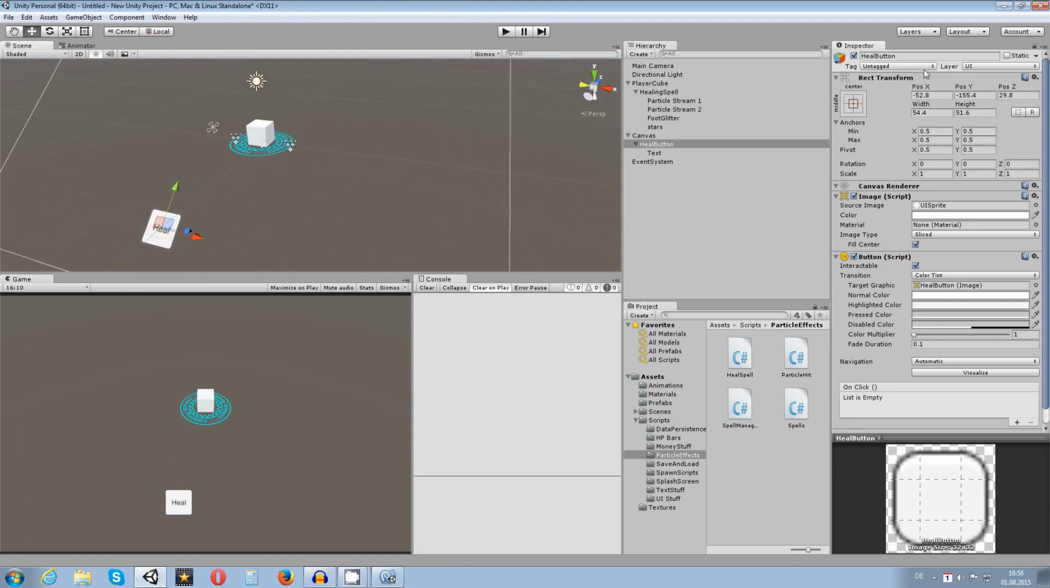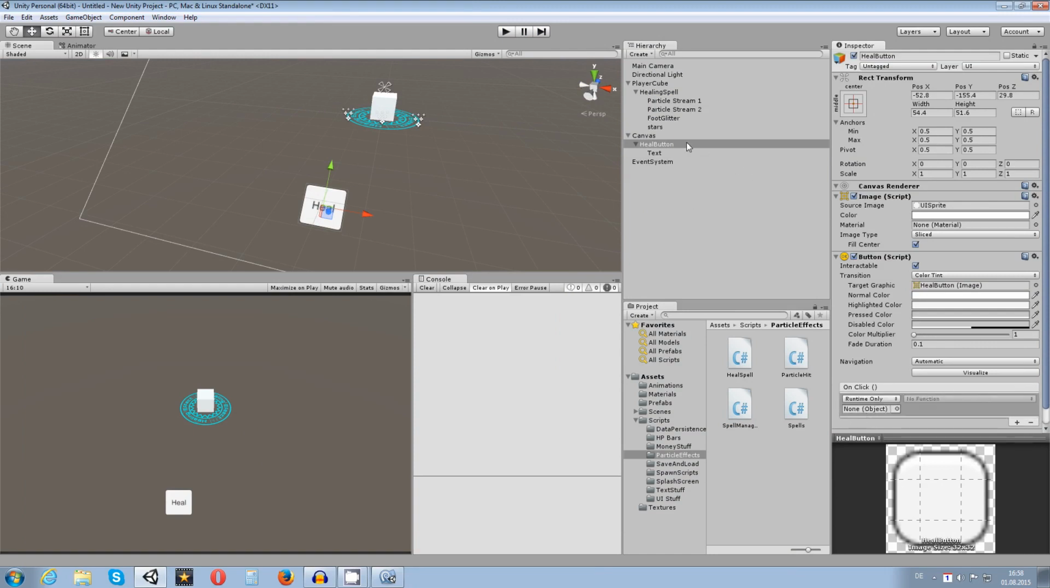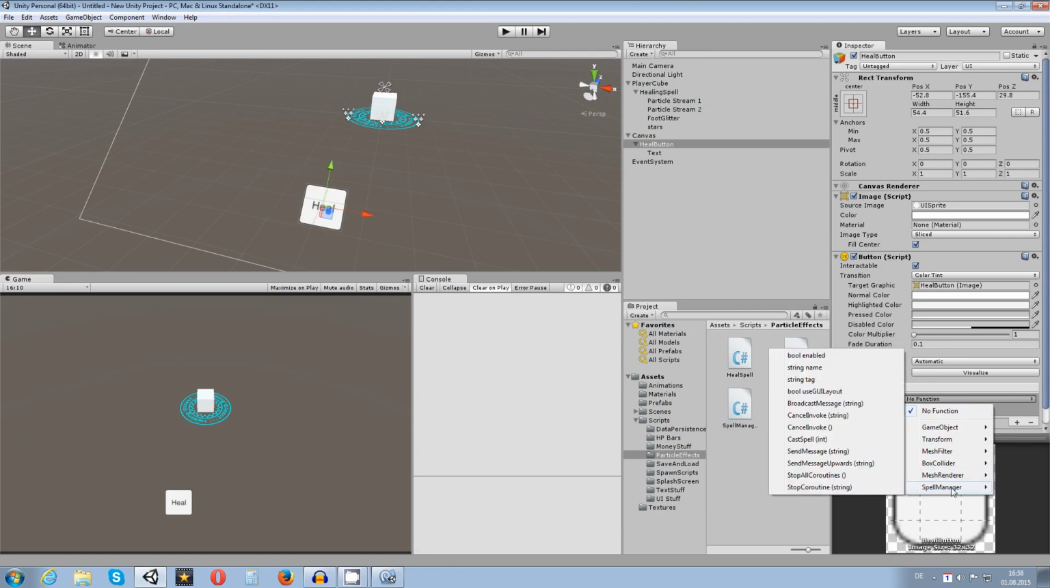The rect transform is nothing we care about. We just want the on-click events for that button. So what we can do right now is select the plus on that button and add the player cube to that button. And that player cube holds the script called spell manager. And in here we have the public function called cast spell